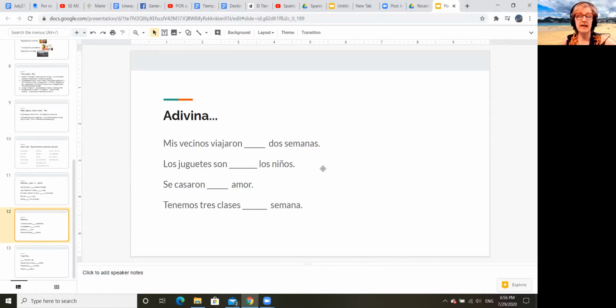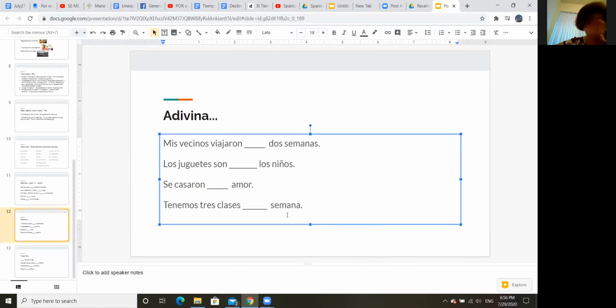Tenemos 3 clases. Por semana, for the week. Por, duration. I can see where you might, yeah, it really should be por semana, per week. Semana is a little too vague to be a deadline. I would have to say, if I changed this, fíjense, take a look, by adding a phrase,